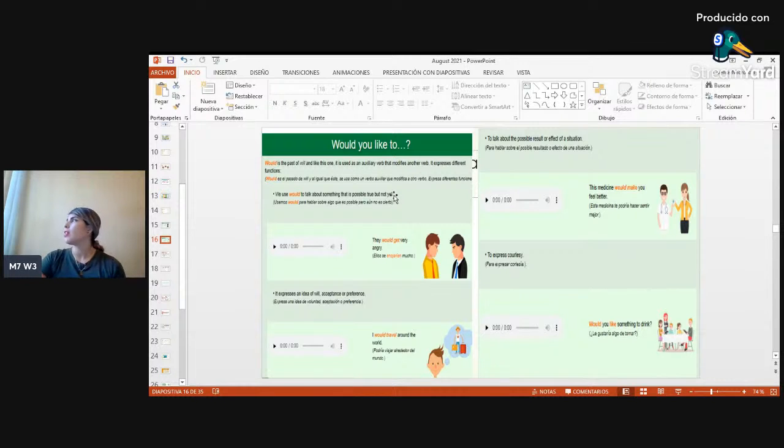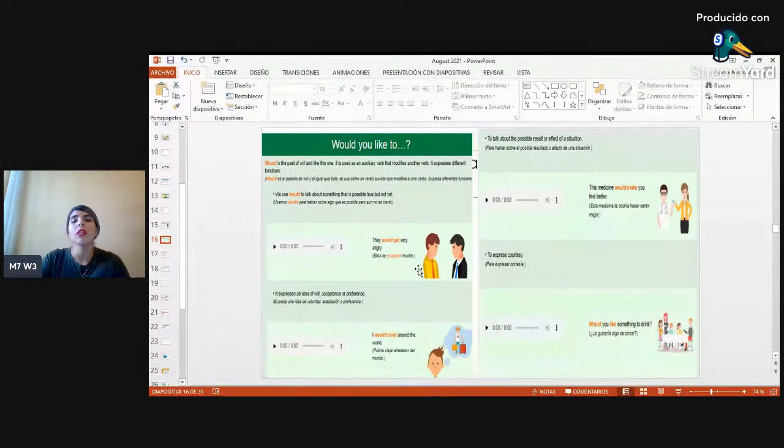Another way to express the future is by using would. And I repeat it: would. That's the correct pronunciation, would. I would. So it changes a little bit, like in a possibility you want to do something. We can use it with different purposes, but this way we're going to use it like something that you would like to do. Algo que te gustaría, por ejemplo.